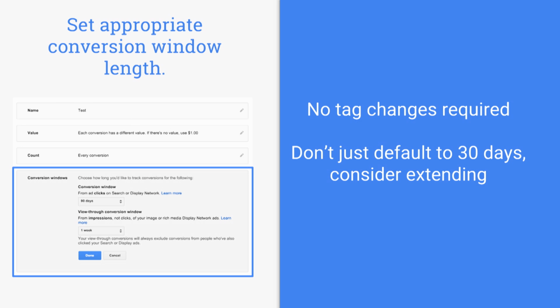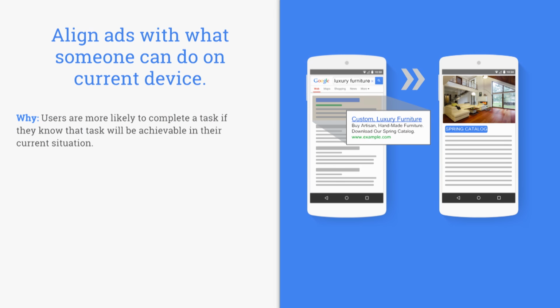Okay, so I just walked you through my journey, right, to purchase a dress for Melody. In some of the early funnel moments, I was not ready to make the purchase, right? For instance, I was typing the query, what dresses are okay for piano recitals? So when it comes to the ads themselves, are there any good recommendations on what kind of ads we should be using? Yeah, from an AdWords strategy standpoint, I would say think about aligning the ad content as well as the overall content on your site to align with what a consumer would want to complete in that mobile session.